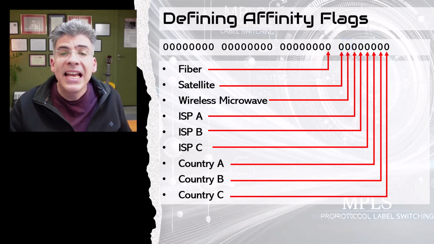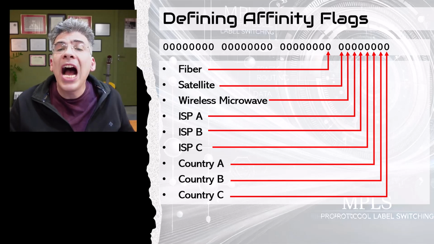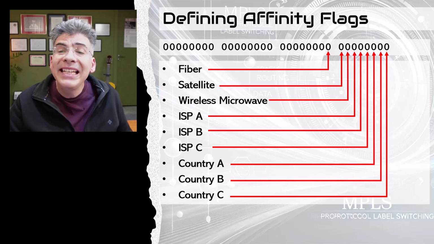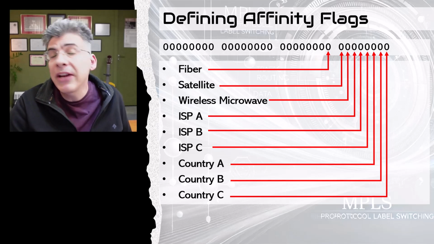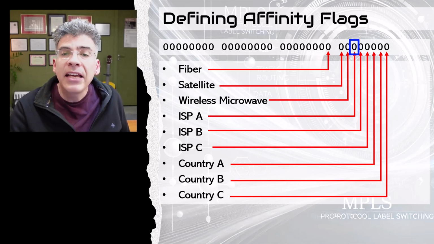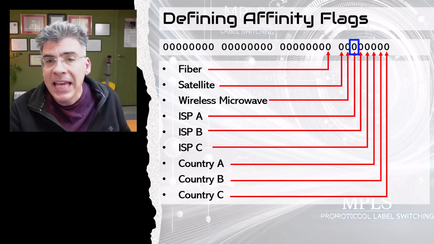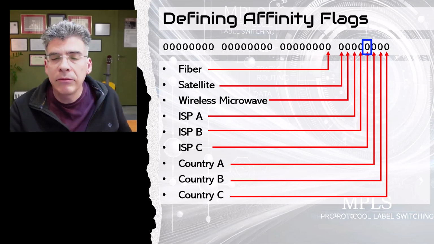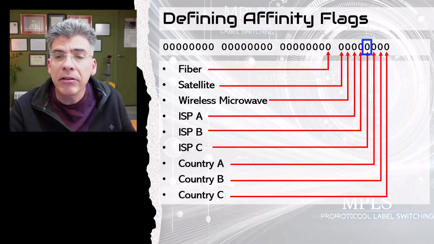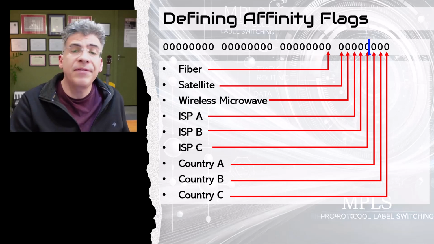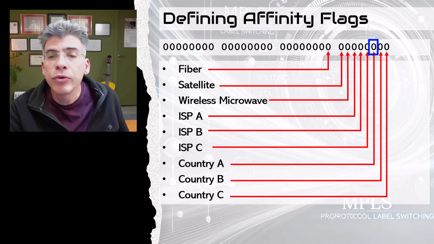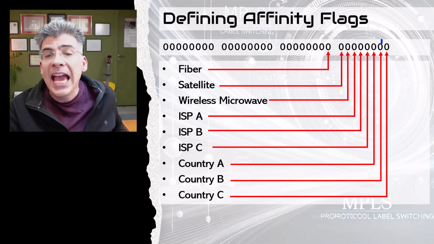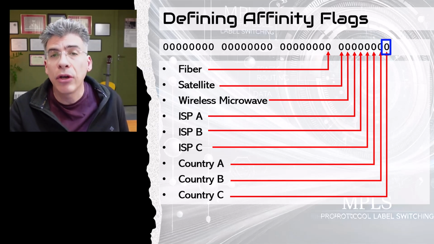Or the flags can indicate which ISP is being used. Our network may be composed of some leased links as well from various ISPs. So this flag refers to ISP A, this flag to ISP B, and this flag to ISP C. Or we may specify geographical characteristics. For example, this flag may indicate that the link goes through country A. This flag indicates that it goes through country B, and this flag here may indicate that it goes through country